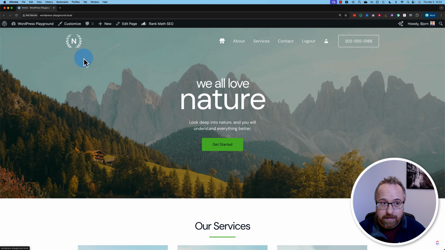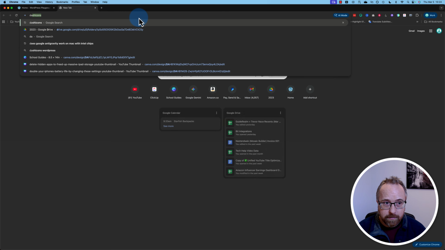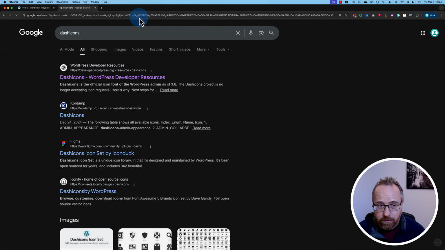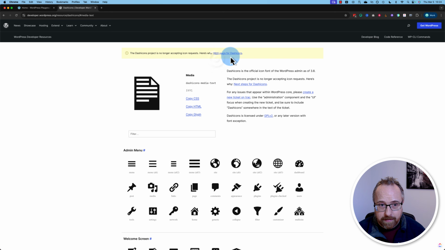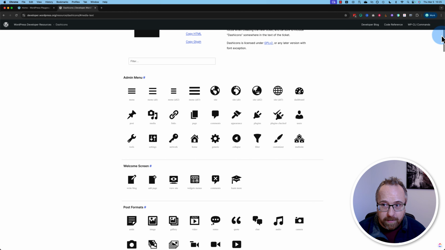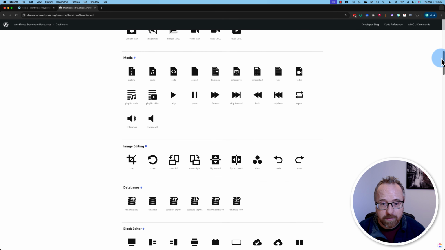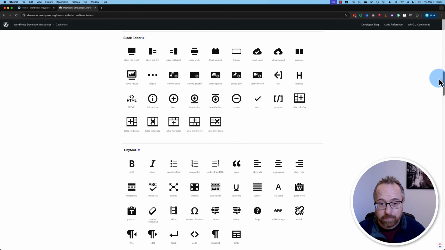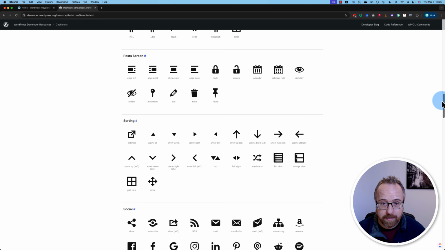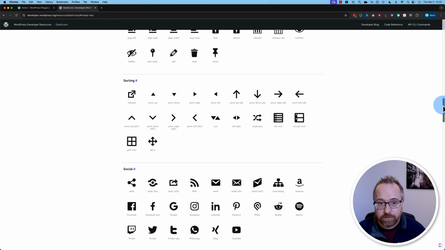So first of all, let's check out the Dashicons. Let's look up Dashicons. I don't have the URL memorized, but this is it right here. And it says the Dashicons are no longer accepting icon requests. That just means you're not adding new ones. And there aren't that many. If you compare this to the Font Awesome icon library, that library has way more. But there's still a bunch that might cover exactly what you need, and they're so easy to include on your